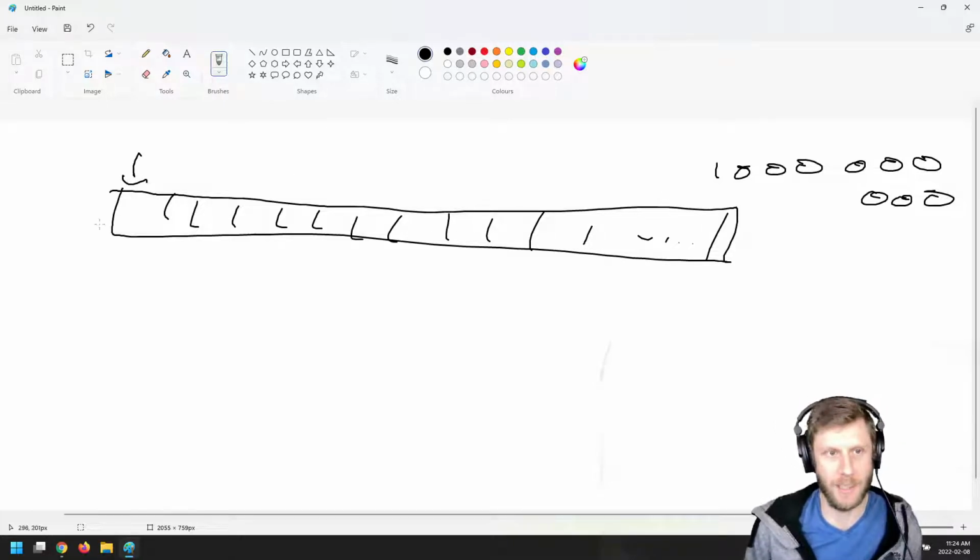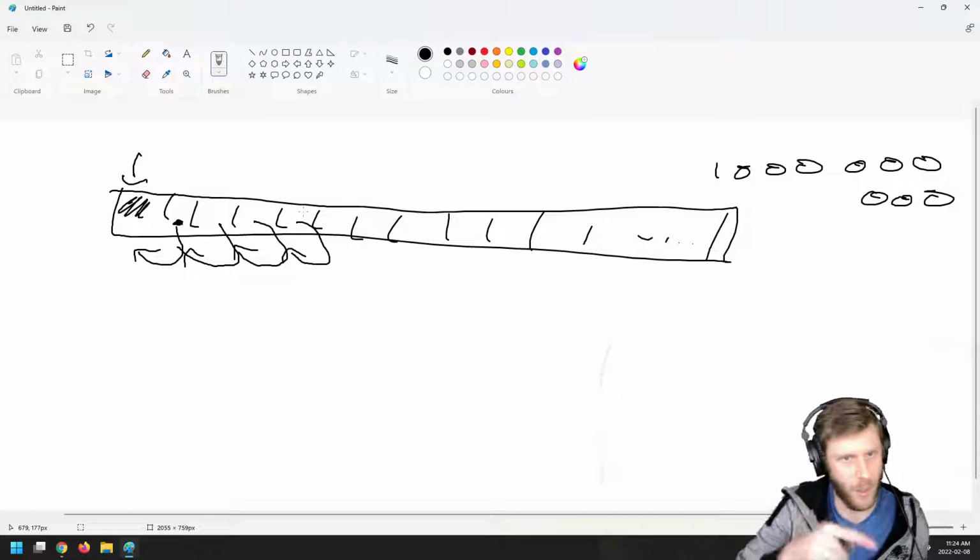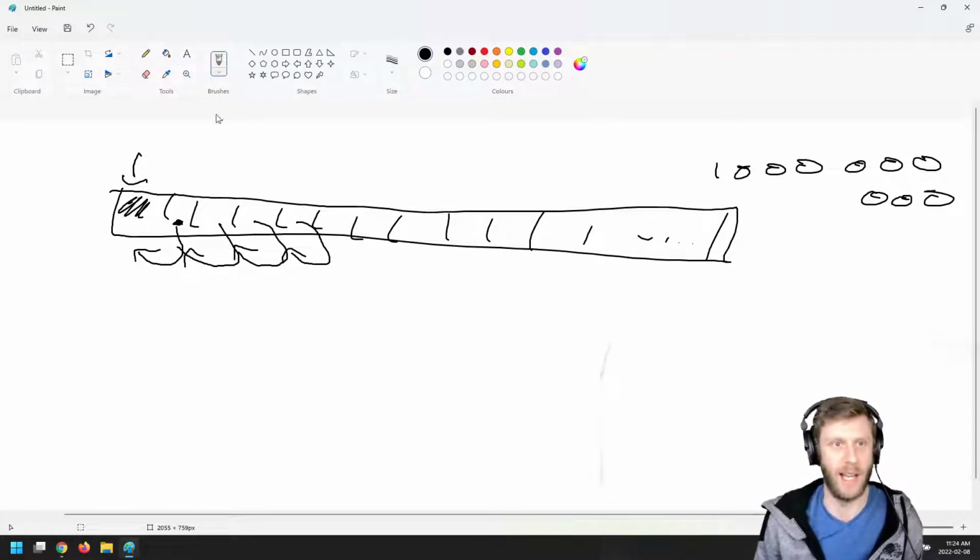If I deleted this one and I wanted to make it go away, I would have to copy the thing at index 1 and put it in index 0, then the thing at index 2 and put it in index 1, and then the thing at index 3 and put it in index 2, and then the 4, 3, and so on and so on. And if I did that for all a billion -1 things,